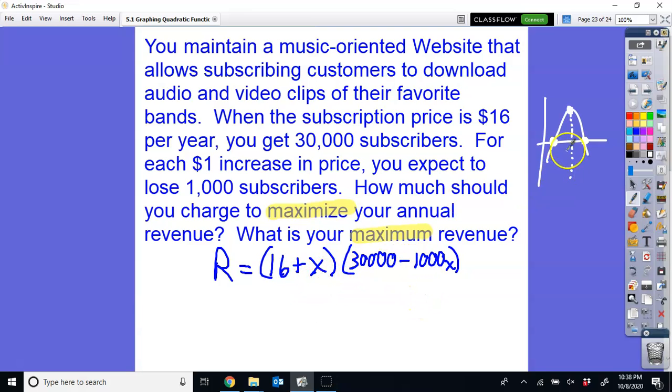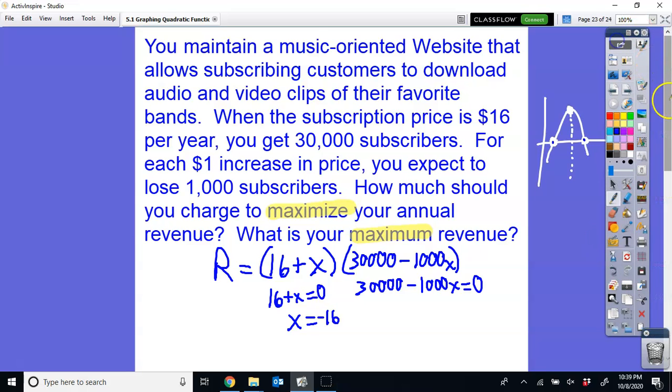So instead of me having to multiply all this out and put it in standard form, all I've got to do is take this, set it equal to 0, because that would be when the graph is at the x-axis. That is when it is equal to nothing. That really is not good in this case, because that would be when the revenue is nothing. I don't want revenue of nothing. I want to know where the middle of those two points is. But if I find these two points by subtracting 16